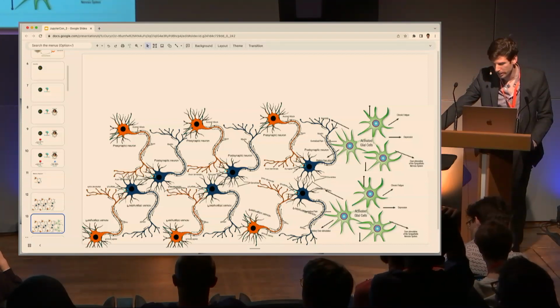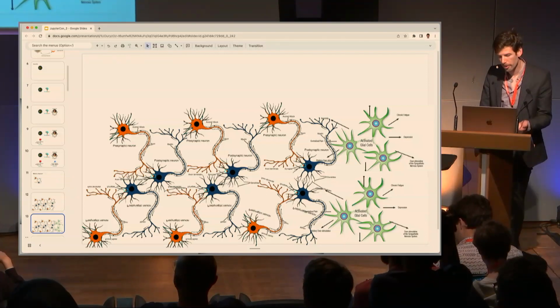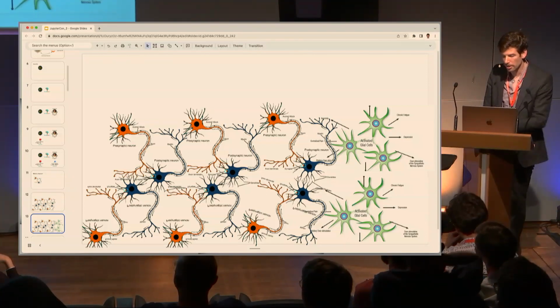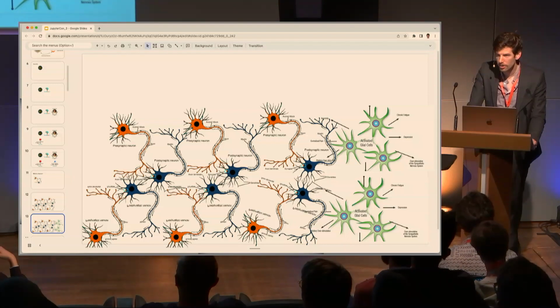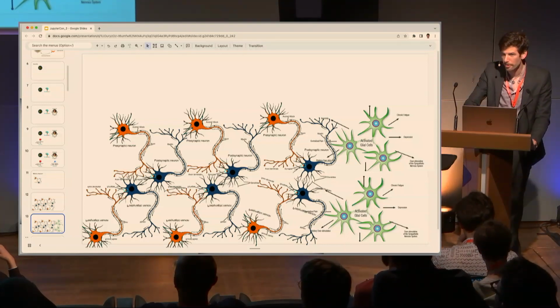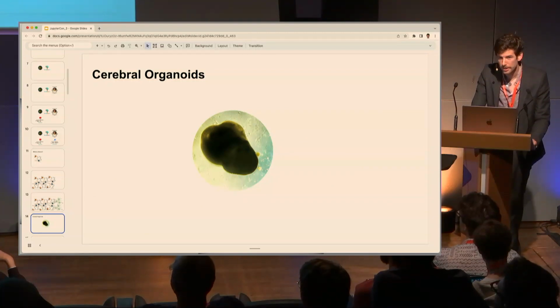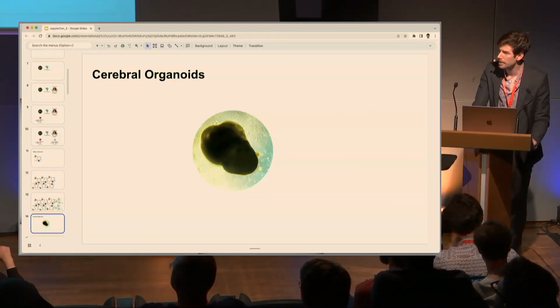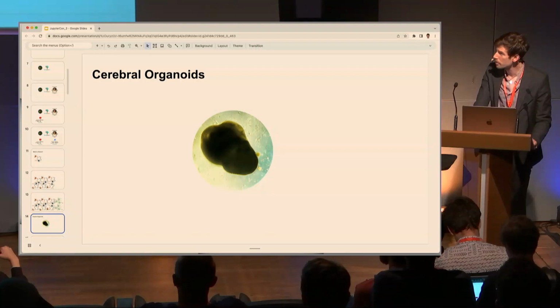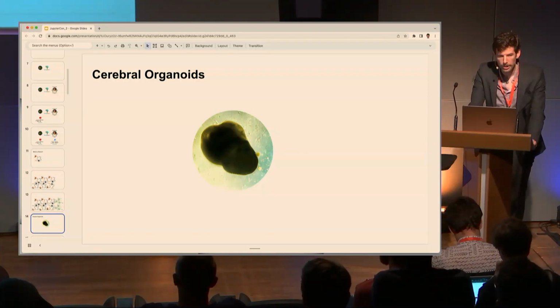Now, until recently, we couldn't grow anything like this that looks all complicated. And also, the only way to then run these experiments was to cut open the head of an animal and get the neural tissue out of it. But recently, there's been a major breakthrough in, let's say, the last 5 years of the field, where we've created